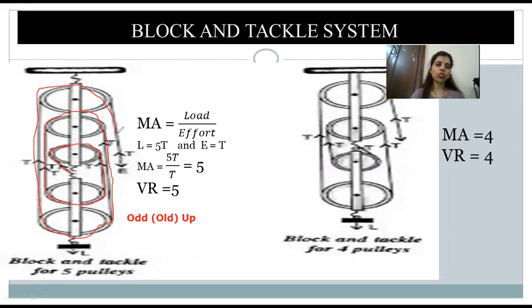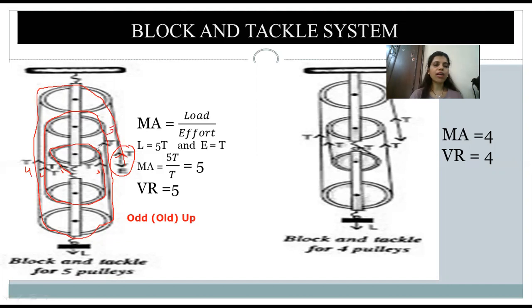Now, when you're drawing in your notebook, it will come out better than what I have drawn. When you're marking the tension, the effort is balanced with one tension. This tension you're not going to count when you're counting the other tensions with the load. This is only for the effort balancing. Now you can see from inside I have marked this as 1T. This is 2. Over here you can see this is 3. This is 4. And this is the 5th one.